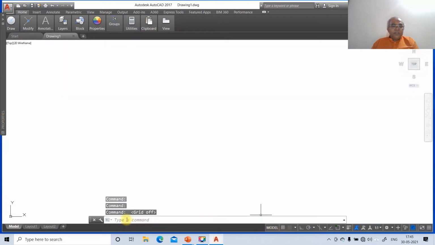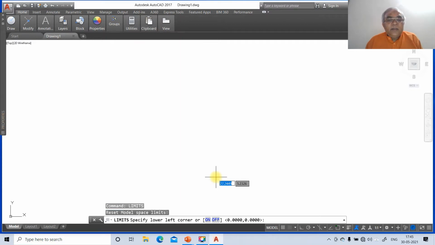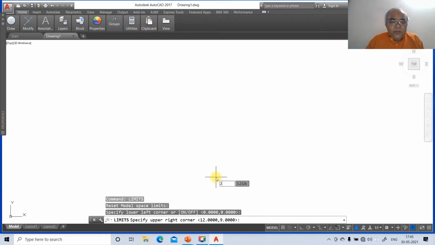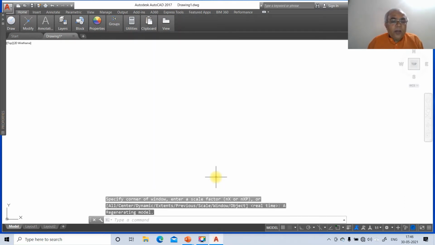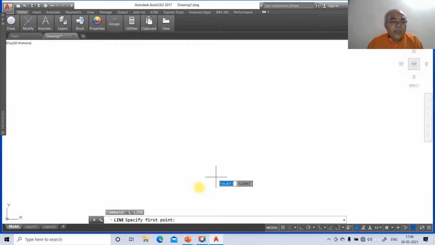Now we will first set the limits of the drawing. So the first command is limits. I will type limits, enter. Specify lower left corner 0, 0. You just press enter, and then for the upper right corner you take 297, 210, which is the A4 size sheet. Then go to zoom all. So first we are going to draw an A4 size sheet.